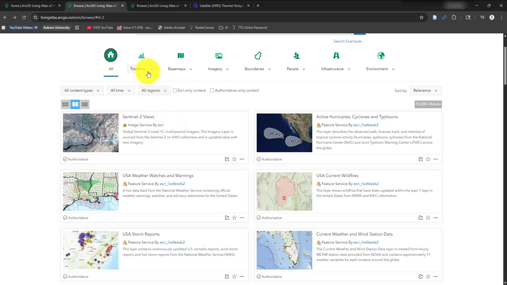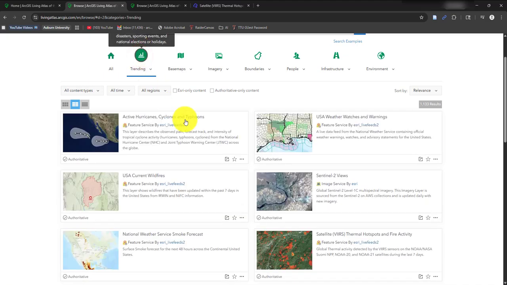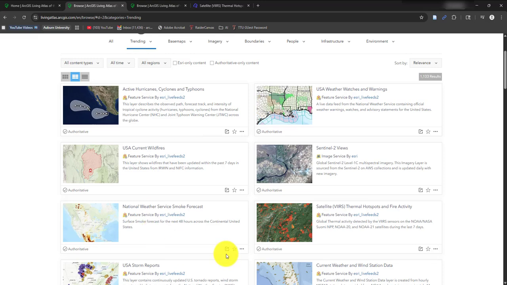Let's try to see for at least what's trending. So I'll control and click that. I'll click on that, and here you can see I have satellite thermal hotspots and fire activity. So let's try to click on that and see what happens. So it opens a new tab, and as soon as it's loaded,